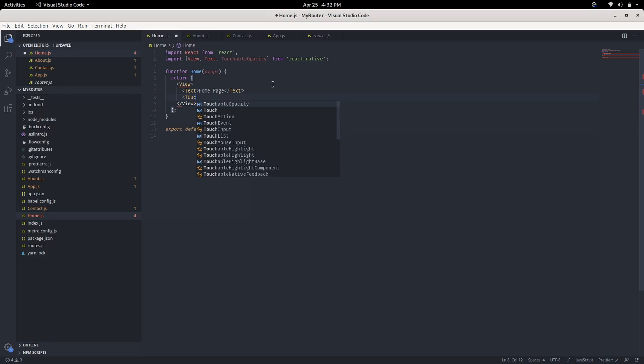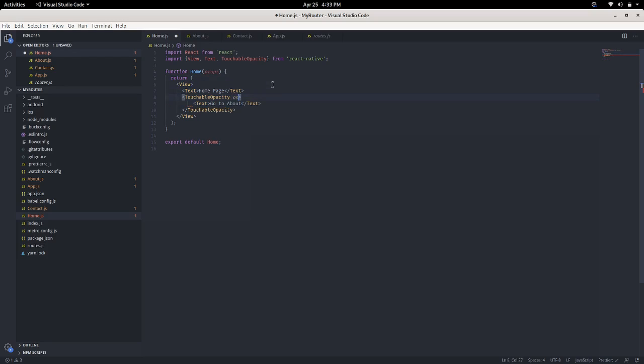Here we will use TouchableOpacity. Inside that we will have one Text, "Go to about".